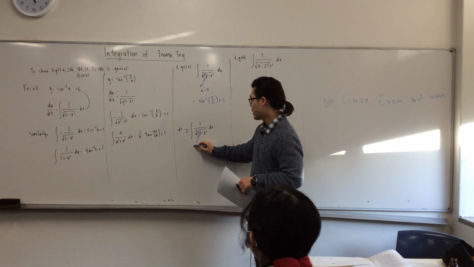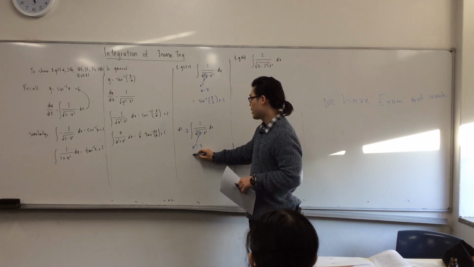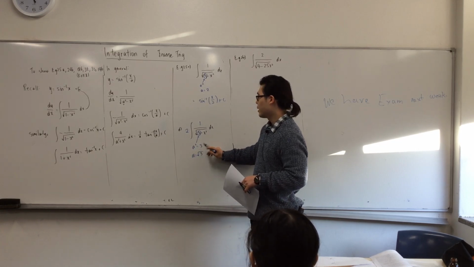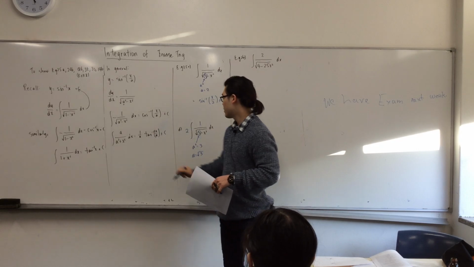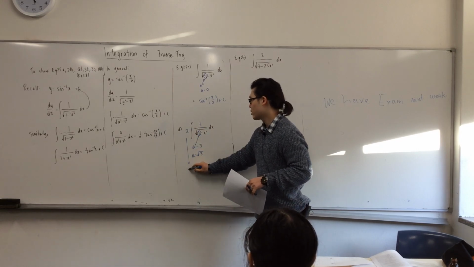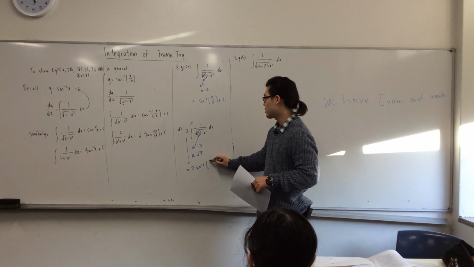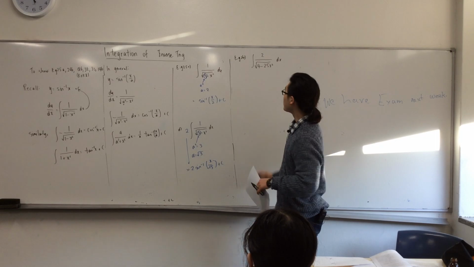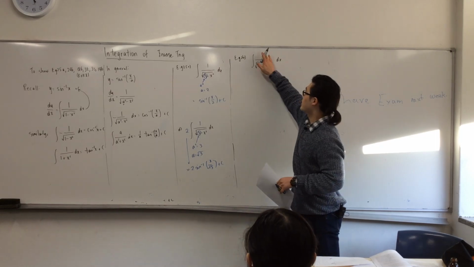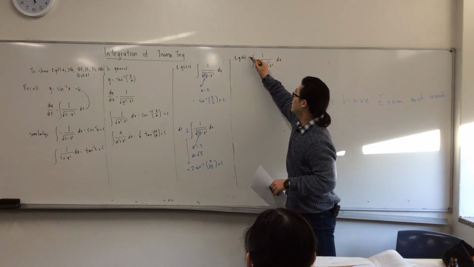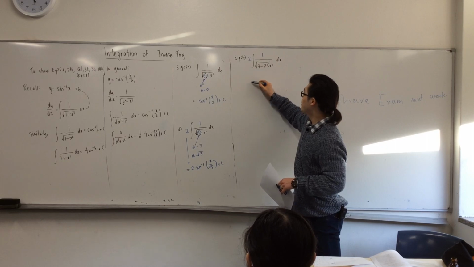It's not x squared. a squared is obviously 3, then a is root 3. And then it's just going to be sine inverse again, but with a 2. So we get 2 sine inverse x over a, in this case x over root 3, plus c. Now this one, once again there's a 2, so let's just take it out. Now with this one though,